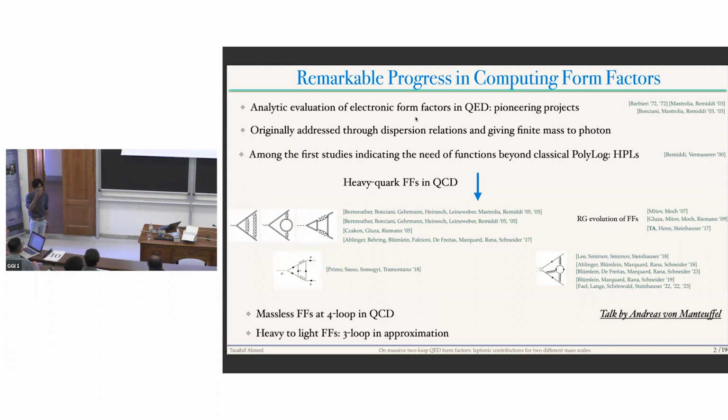goes back several decades, starting around the 70s when people began computing this QED form factor. But later it started picking up when people started computing similar form factors in QCD. So this project, the electronic form factor with non-zero electron mass, is considered one of the pioneering projects because it triggered a huge amount of development in the calculation of multi-loop form factors, as well as other form factors with many different legs. And this is among the first